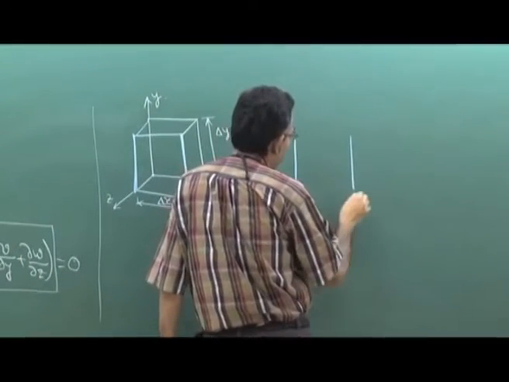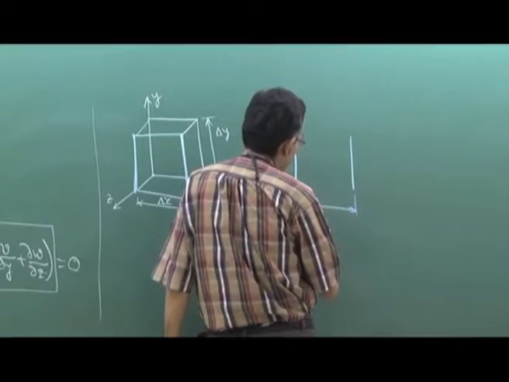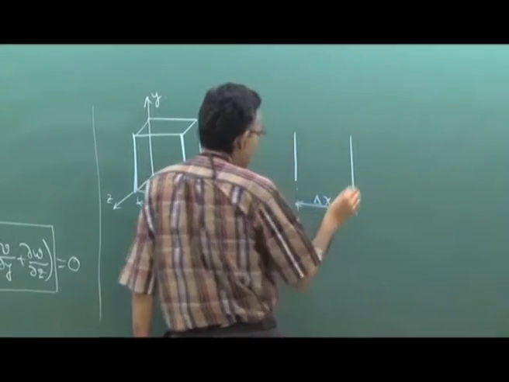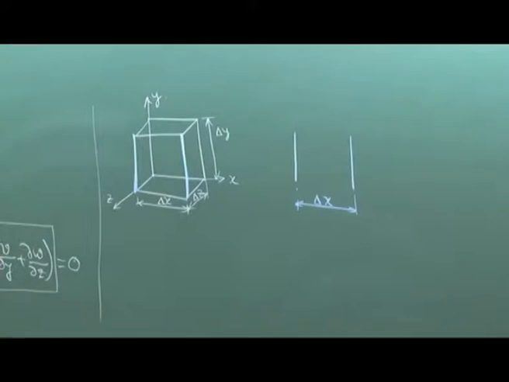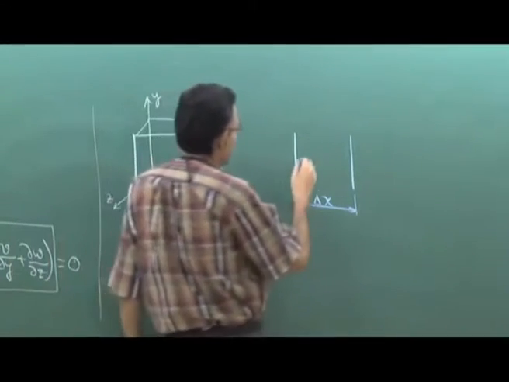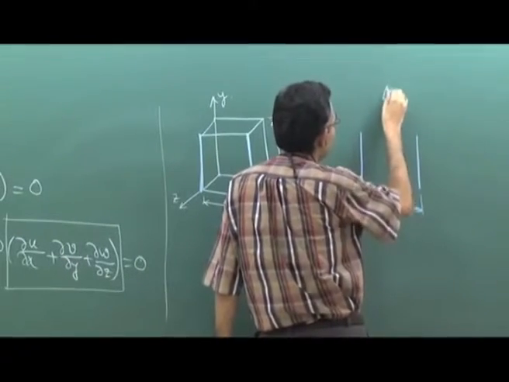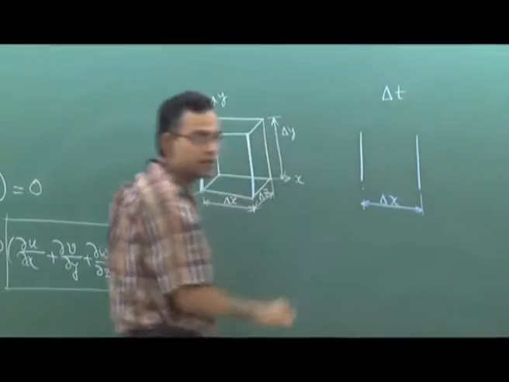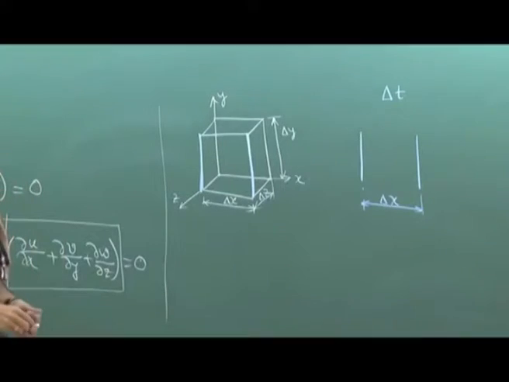So, they were at a distance of delta x apart. Now, let us say that a time delta t has elapsed. Over a time delta t,